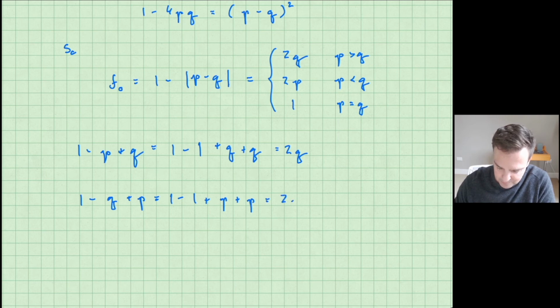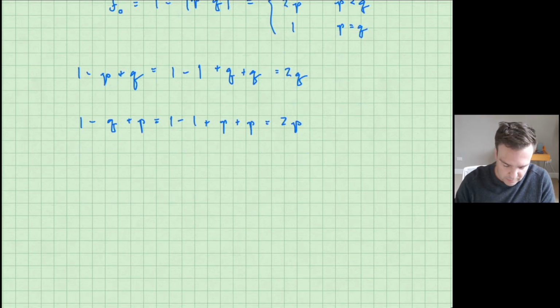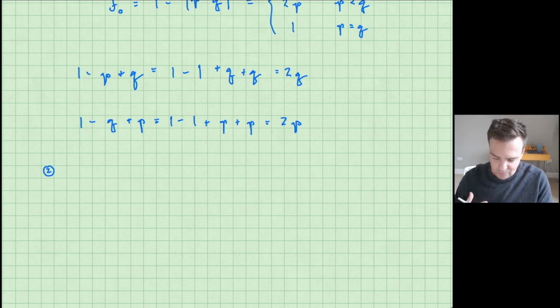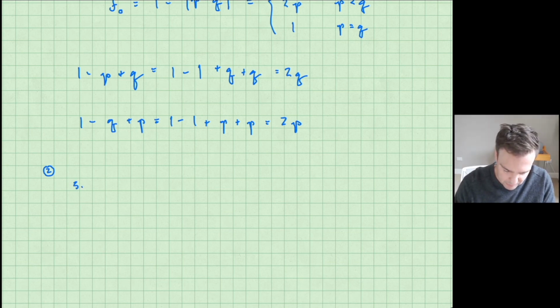Okay, now we'll work on the second part. And the second part is to show that if P is equal to Q, then state 0, or all the other ones, since they're all in the same communicating class, is null recurrent, right? Now there's sort of two parts to being null recurrent. The first is that you're recurrent. And the second part of that is that the expected time to return is infinite. And so the first part is really easy. We saw that if P is equal to Q,